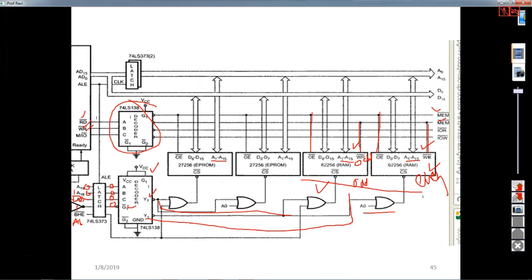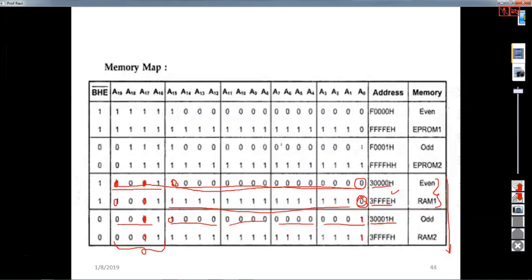And here you can use address latch and then address decoders. That also you can connect here. And then this can be in minimum mode, VCC you can connect here. So this is what about the memory mapping of